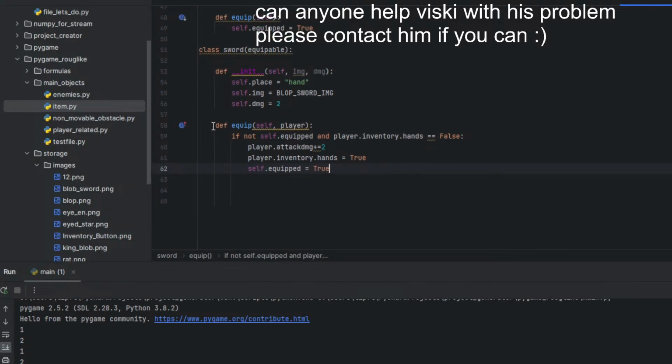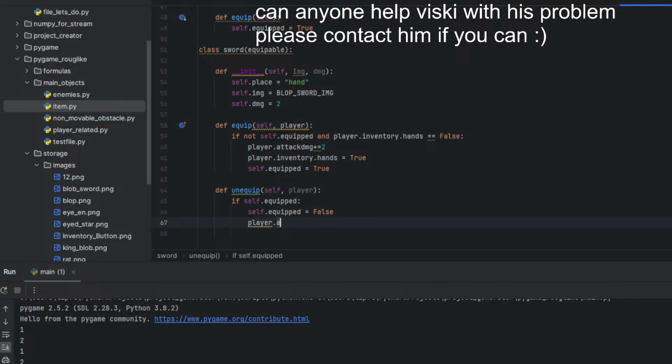And now we need the function unequip. Def unequip: if self.equipped and player, self.equipped equals false.